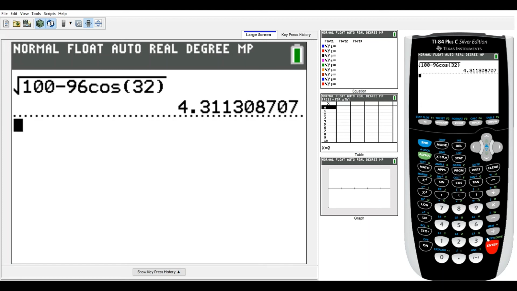Well, let's say we plan on using this number again. It's just that when we do use it again, we don't want to type in all these digits, right? We don't want to type in 311308707. And that's okay, because we don't actually need to type it in again like that. Because what we can do is hit this store button, STO here. So you'll hit STO,